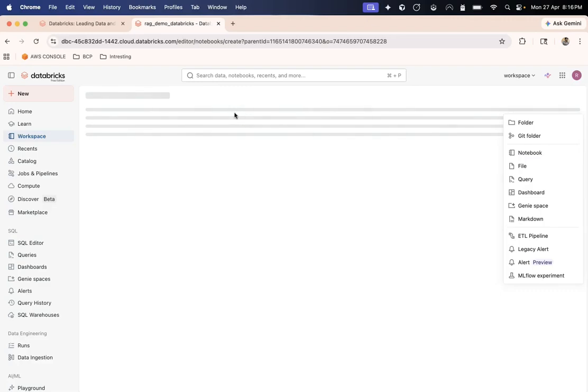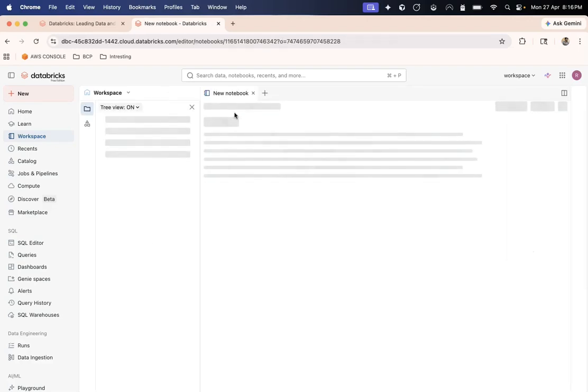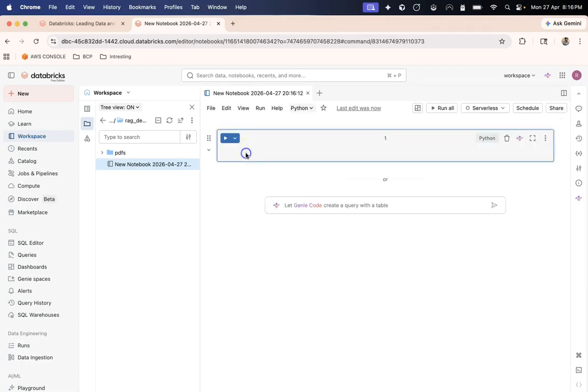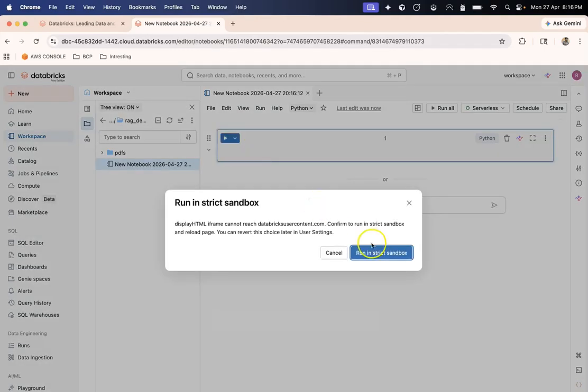So I would like to basically read these PDFs and then use some sort of chunking method to chunk these. So let's see how we can achieve this. First of all, the first thing is we need to have, one second.